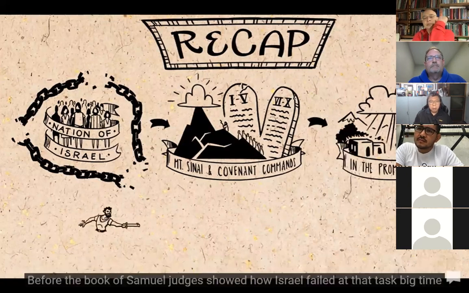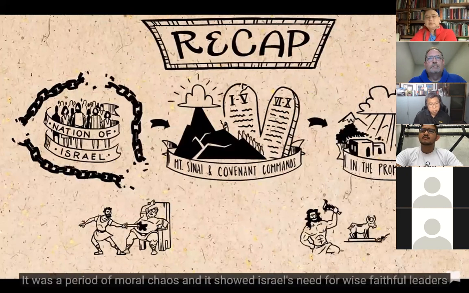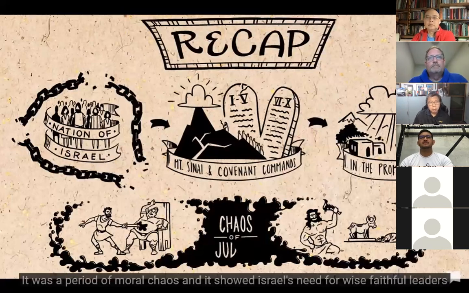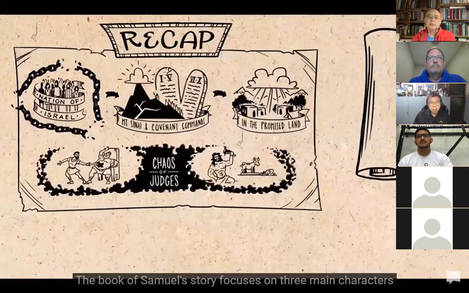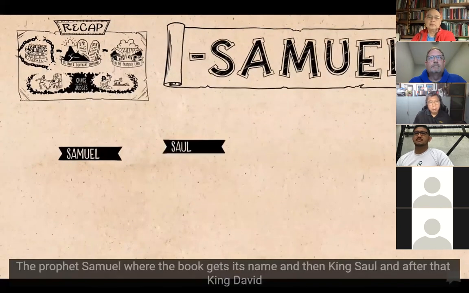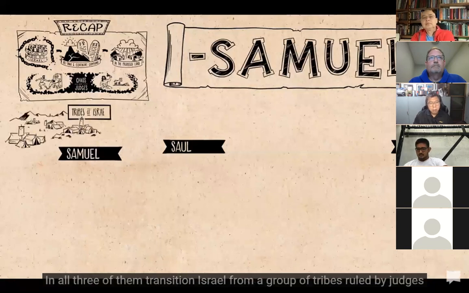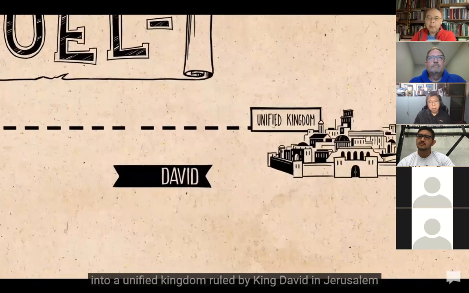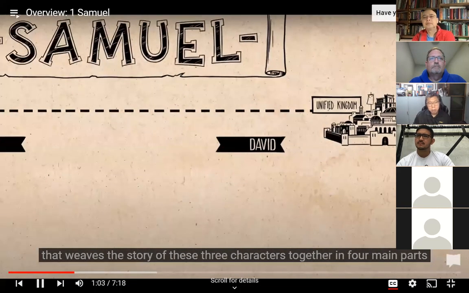Before the book of Samuel, Judges showed how Israel failed at that task big time. It was a period of moral chaos, and it showed Israel's need for wise, faithful leaders. The book of Samuel provides an answer to that need. The book of Samuel's story focuses on three main characters: the prophet Samuel, where the book gets its name, and then King Saul, and after that, King David. And all three of them transitioned Israel from a group of tribes ruled by judges into a unified kingdom ruled by King David in Jerusalem. And the book of Samuel has a fascinating design that weaves the story of these three characters together in four